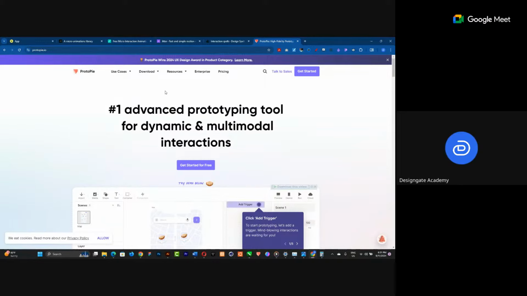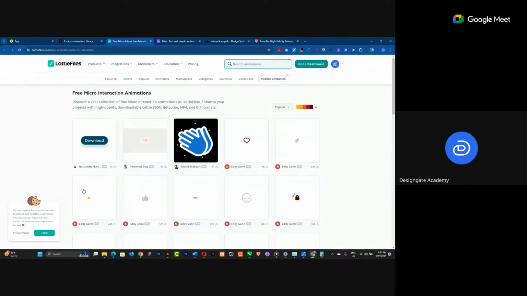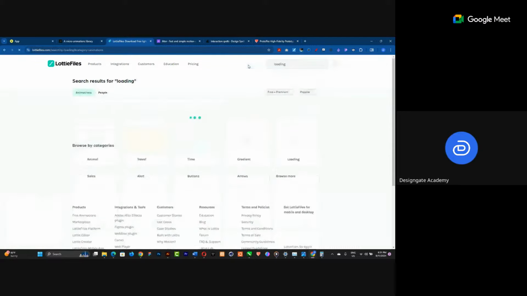One of the easiest ways again to get animations for your project is to use websites like Lottie Files. So we have Lottie Files here. You just need to sign up. When you sign up, you can search for different animations. For instance, if I come here and I search for loading, I'm going to see different ones